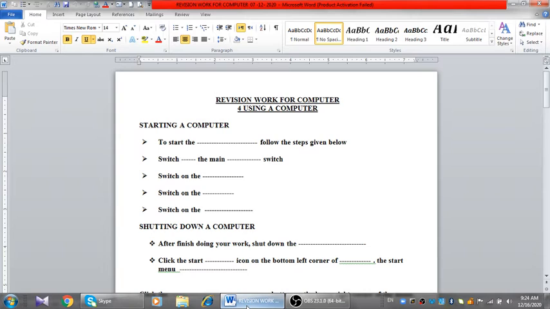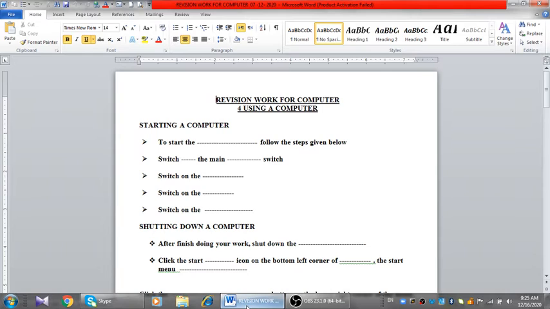When you click the start button, the options are there: sleep, shutdown and other modes. If you want a temporary off, you can give the option sleep. If you want totally off, then you give shutdown. If you give shutdown, that is good for relaxation of the computer. If you go to sleep, anytime you can just click the main button and the screen will come on.